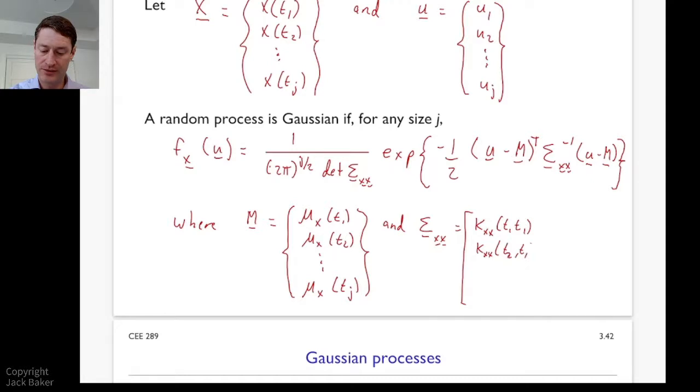It doesn't matter which order we put those t1 and t2 in because of the symmetry we just talked about, but we'll do this just for organization's sake. Down to kxx at time tj, t1. And then we'll go down the diagonal